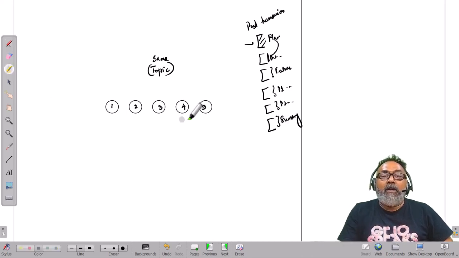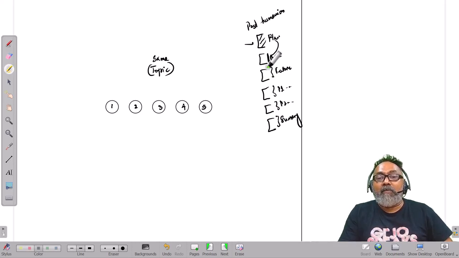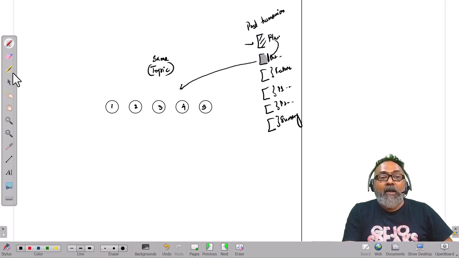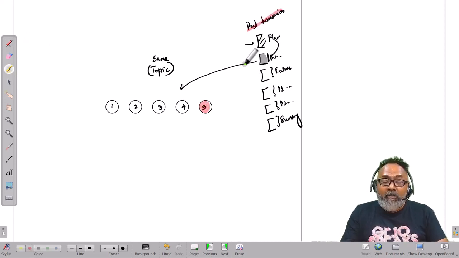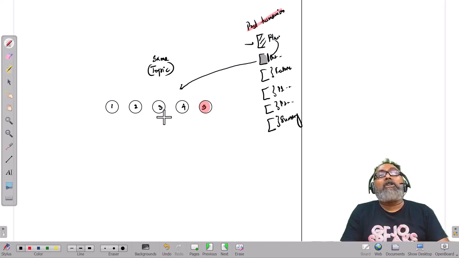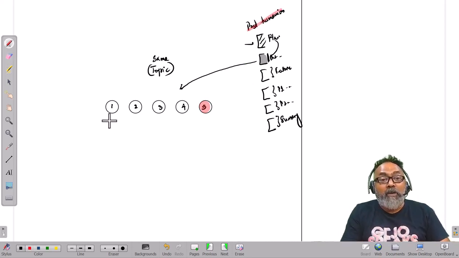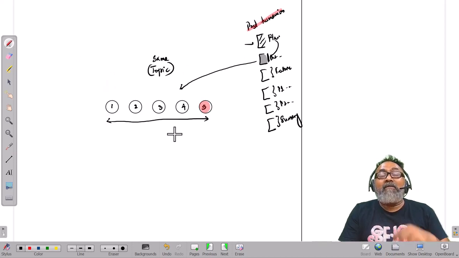Now here, these 4 sentences that are given are, let's say, from one paragraph. That is essentially talking about what post-humanism is. Now the odd sentence is taken somewhere from the same essay. The topic will still be the same, but the treatment to the topic will be different, right? So that's how it's important. The topic will still be the same, but the treatment to the topic. So the topic is post-humanism.